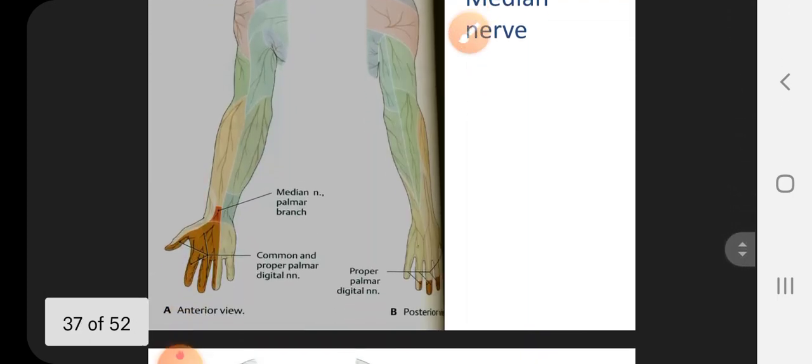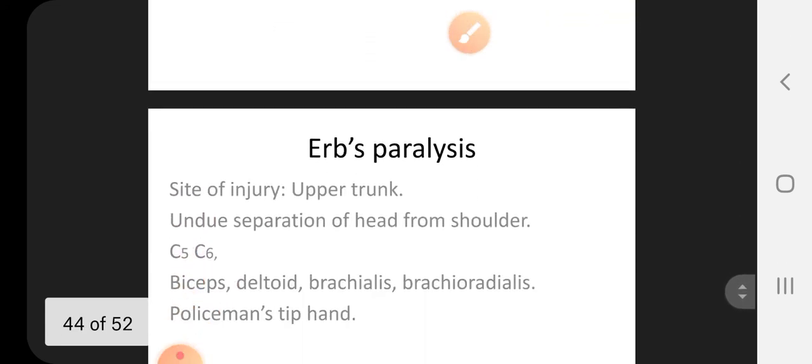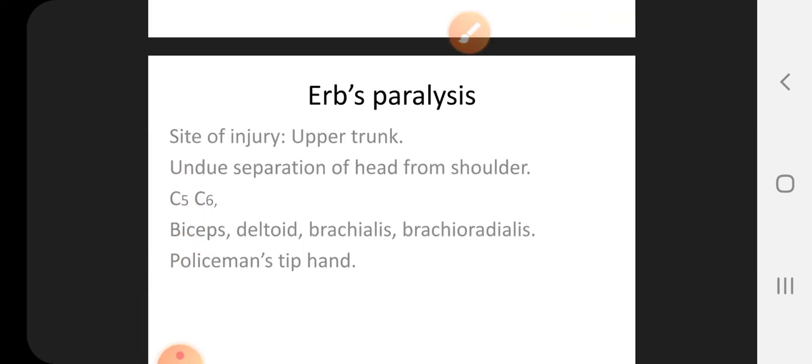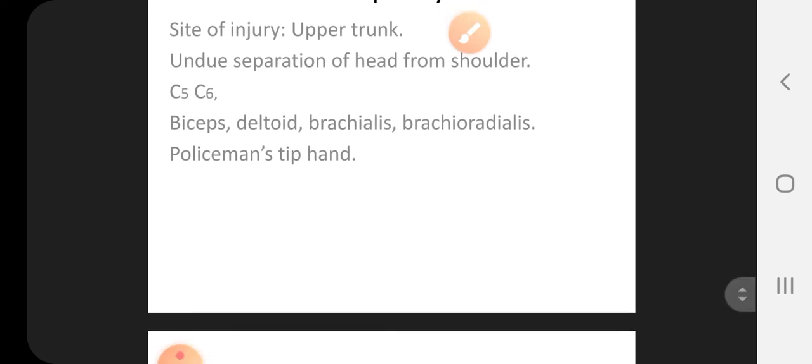Number 1 is Erb's paralysis. The site of injury is upper trunk of brachial plexus. How does it occur? Undue separation of head from the shoulder. Muscles affected are deltoid, biceps, brachialis, brachioradialis. Deformity is